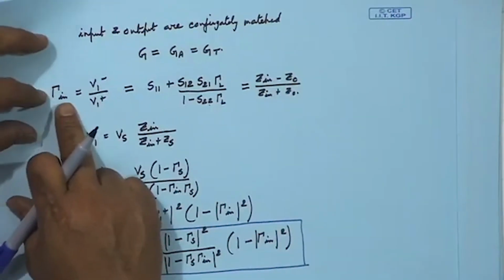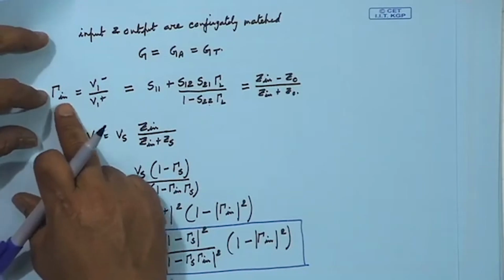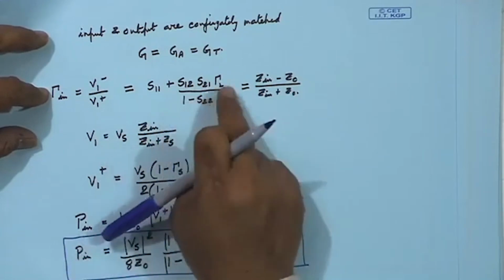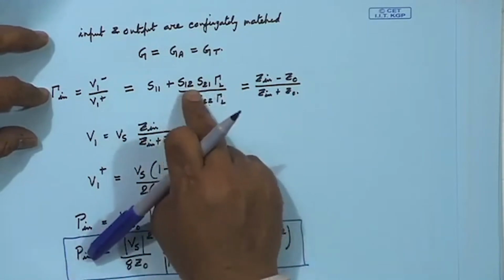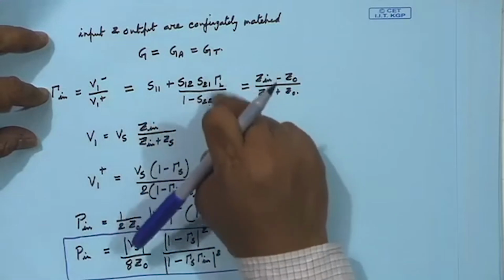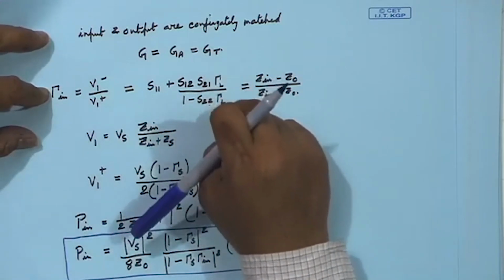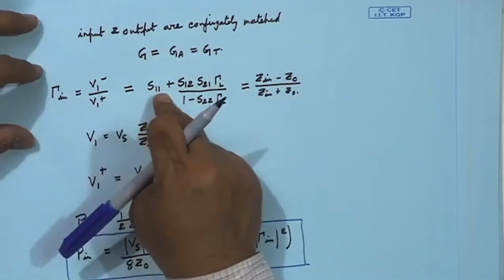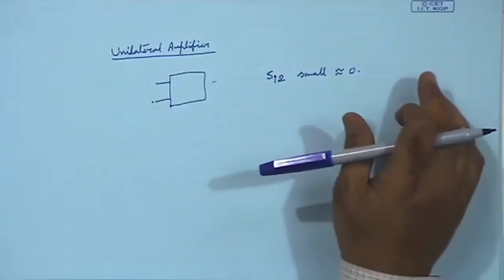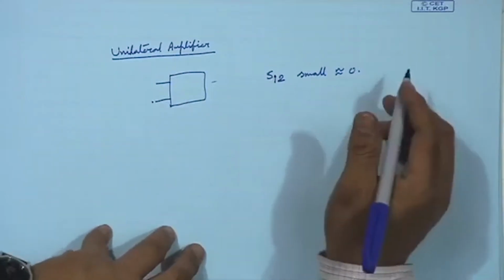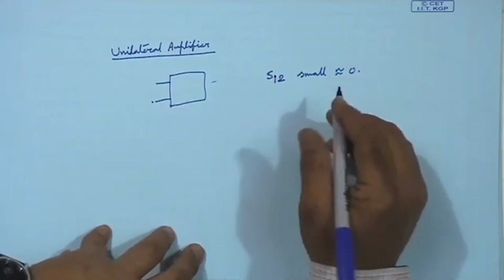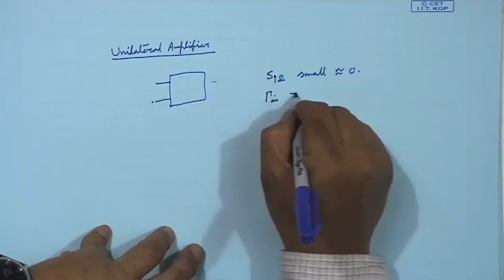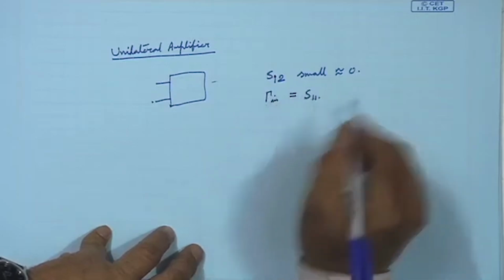You see that from the signal flow graph, I said that you can find this gamma in is S11 plus this. Now here if S12 becomes 0, then even though you don't have a matching at the output, gamma in becomes practically S11. Similarly, if you write the expression for gamma out, that will be S22. So under this case we get that gamma in is S11, and then